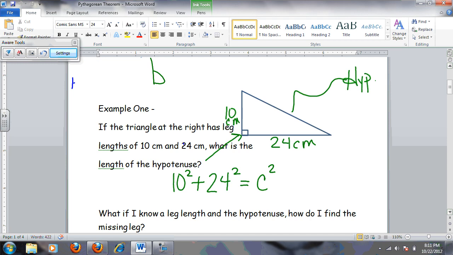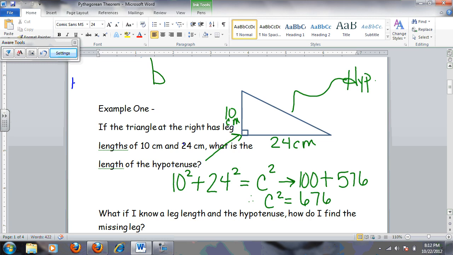We know that 10 squared is 100. This is why I said it would be helpful to know some of your squares. 24 squared is 576. Therefore, C squared is going to equal the sum of those, which is